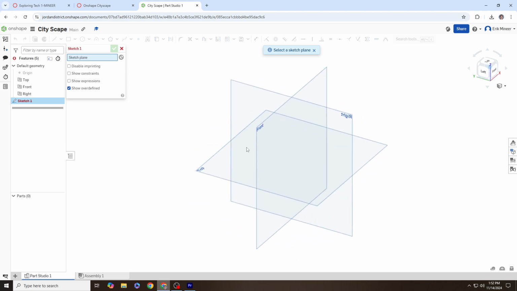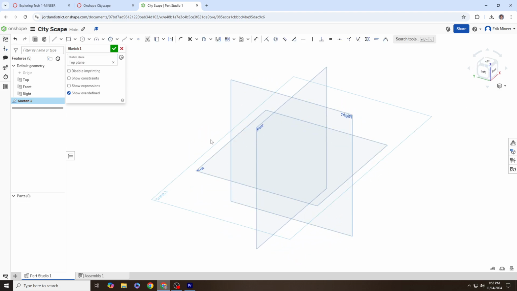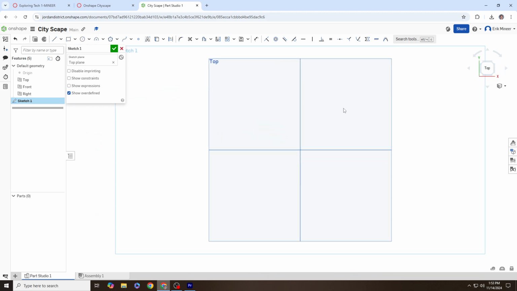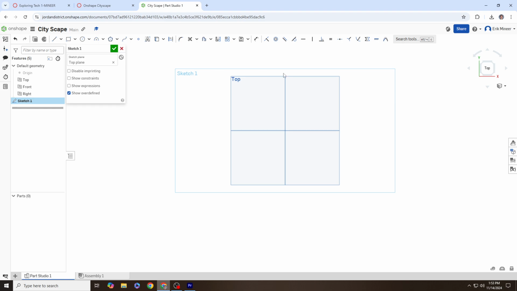So let's just click on the top plane, and you can see that I have this rectangle now that says sketch 1, and I also on the left hand side see that I'm inside that sketch 1. You can tell you're inside an item when it is a solid blue color. So I'm going to click on this top perspective for the cube so that I'm turning the camera looking at it, and in sketch 1 you'll notice that the toolbar has kind of changed because I'm inside a sketch,